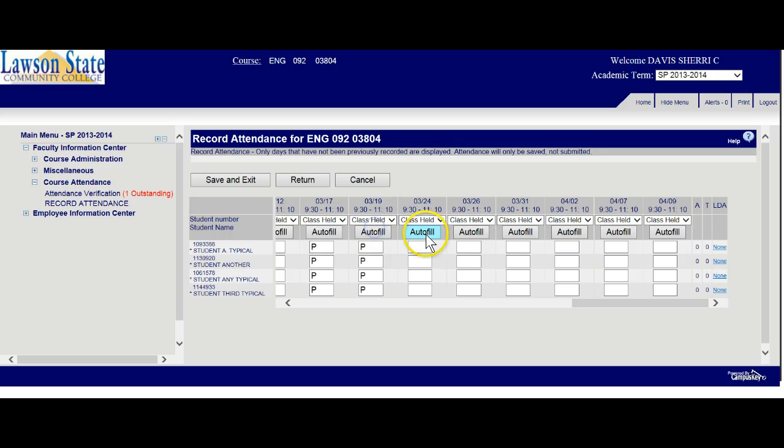Right, it's going to show all of them. I can easily put in my attendance for all of my students, and then go back, and what faculty do is they go back and put the absentee notifications in, as you see here. Right, now